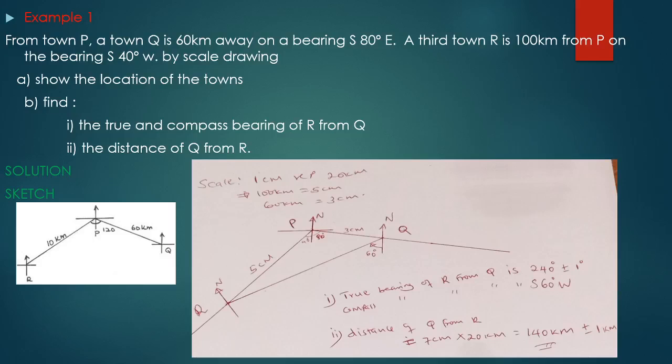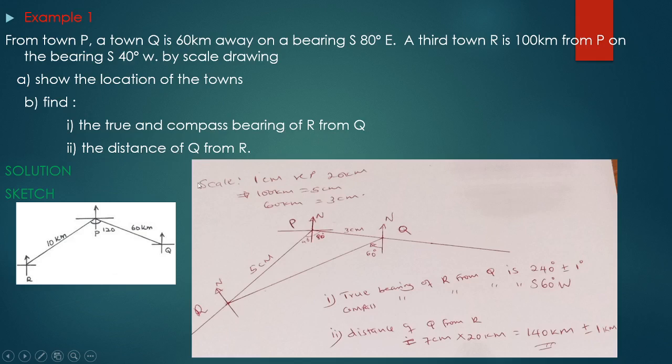Let's do some examples to make the understanding better. Example number one: from town P, a town Q is 60 kilometers away on a bearing of south 80 degrees east. A third town R is 100 kilometers from P on the bearing south 40 degrees west. (a) By scale drawing, show the locations of the towns. (b) Find the true and the compass bearing of R from Q, and find the distance of Q